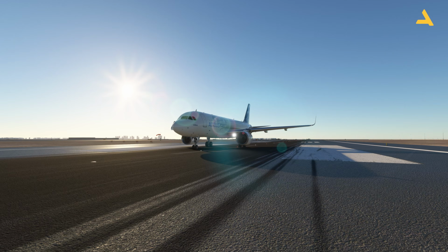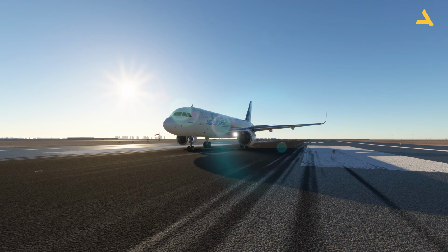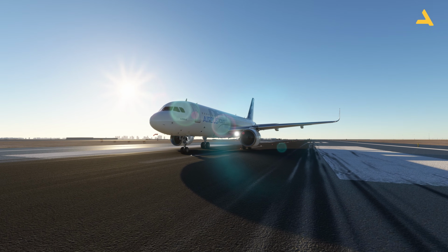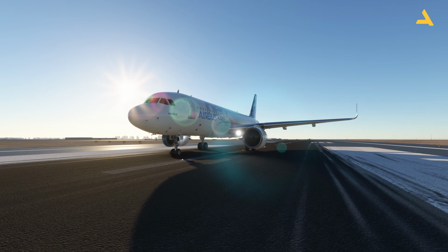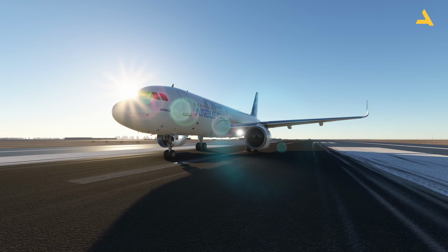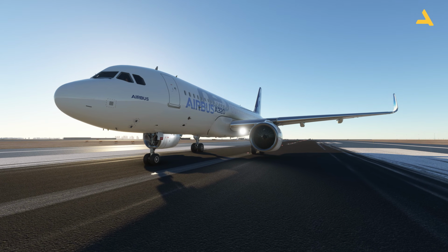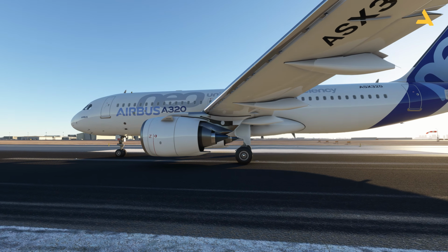With Sim Update 15 of Microsoft Flight Simulator, the Airbus A320 Neo by iniBuilds is available, which is an enhanced version of the default Airbus A320 Neo that comes with Microsoft Flight Simulator. In this regard, I'm making a series of videos in which I'm trying to break down all the information related to this plane into different videos so that it's easy for you to look for specific information on my channel. So far, I've done 6 videos for this plane, and this is going to be the 7th one